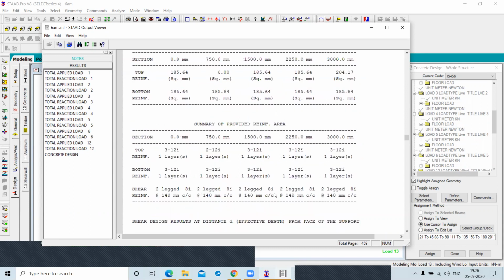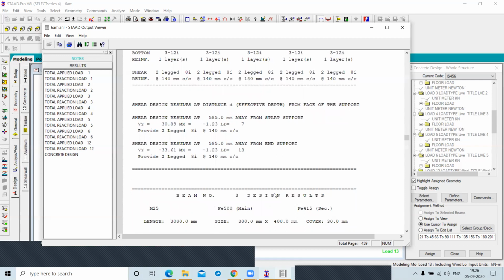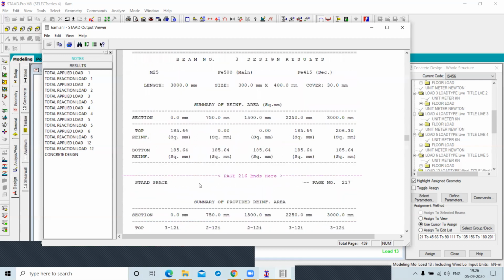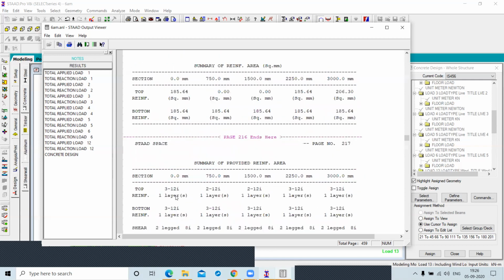Now beam number 3, it is also different. Now see, here we have 3 bars of 12 mm. Now from between 750 to 1500 there are 2 bars of 12 dia. Yes or no? Yes.